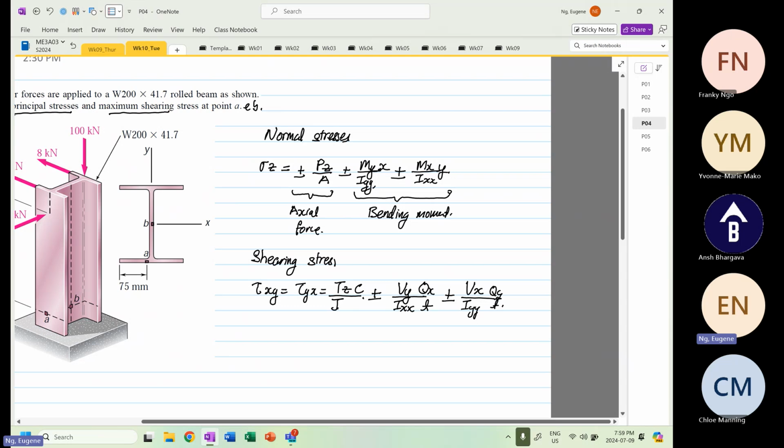Okay, and over here this is due to the torque, and over here this is due to the